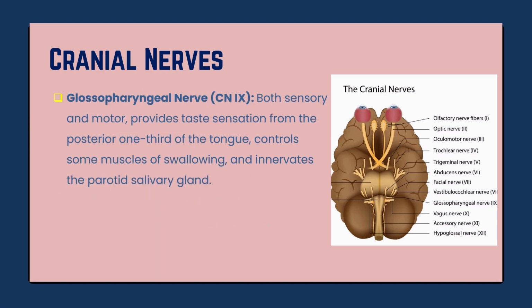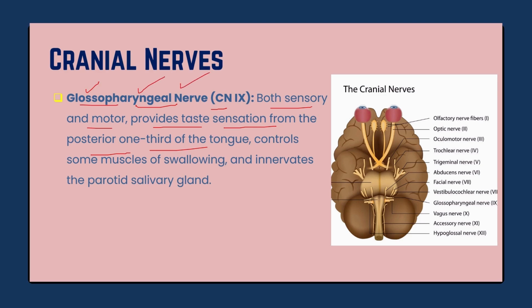Alright. Next we have cranial nerve number 9. This is glossopharyngeal nerve, and it is a mixed nerve, or it functions as both sensory and motor nerve. It provides taste sensation from the posterior one-third of the tongue. Now, which nerve was providing taste sensation from the anterior two-thirds of the tongue? Remember, facial nerve we just studied. And the remaining part of the tongue is controlled by this